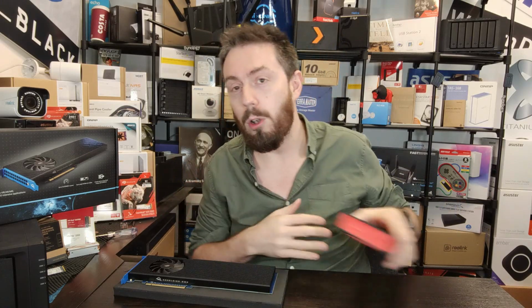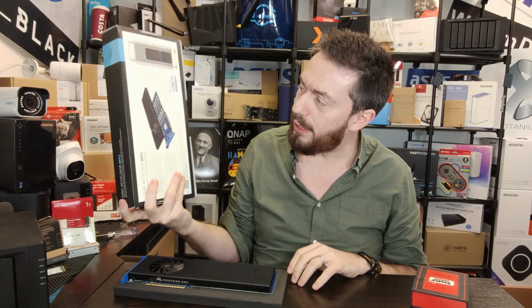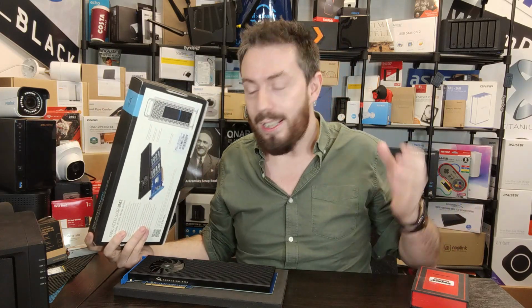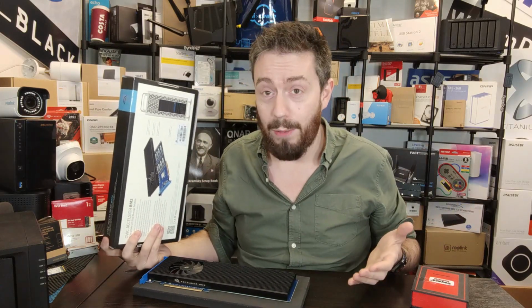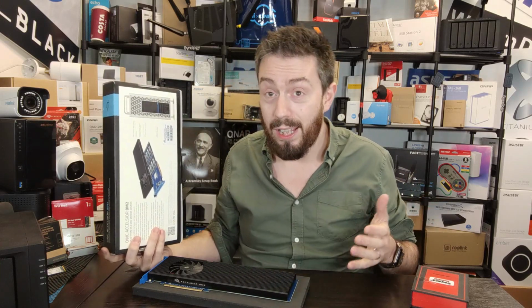So I will be taking the heatsink off in a moment. But why they didn't include a screwdriver with it really surprises me, given you're obviously going to need to take that heatsink off there. It's a very small criticism, because it's a great card if it can do what they say it can do. And that heat dissipation and the build quality, and it being the only one in the world,